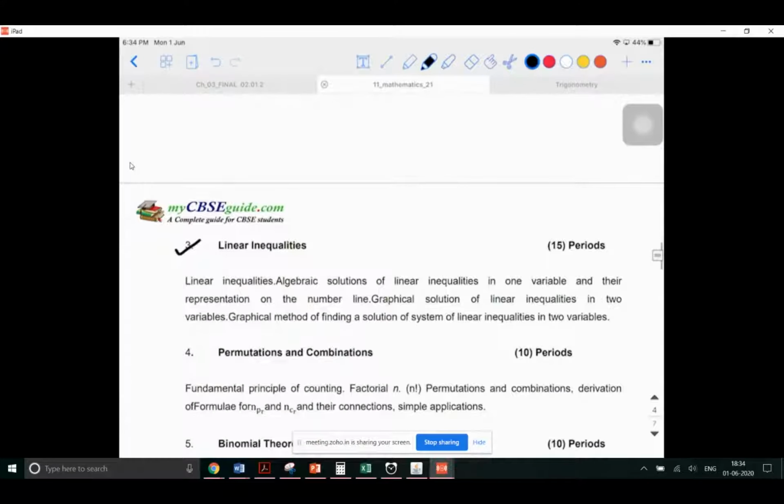Then you have something called linear inequalities. Last year in your 10th standard, you would have learned linear equations in two variables. Before that, you would have learned linear equation in one variable. So 2x is equal to 3, this is a linear equation in one variable. 2y is equal to 5, linear equation in one variable. 2x plus 3y is equal to 0, linear equation in two variables. Everywhere I'm using one common term, the word equation. The reason why we are saying equation is because you are using the symbol equal to. That is why we call them linear equations. So what do you mean by linear?